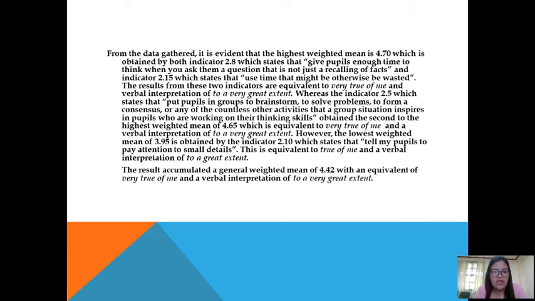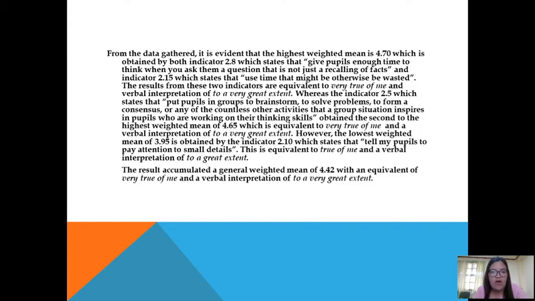From the data gathered, it is evident that the highest weighted mean is 4.70, which is obtained by both indicator 2.8, which indicates that they give pupils enough time to think when you ask them a question that is not just recalling of facts, and indicator 2.15, which states the use of time that might be otherwise wasted. The results from these two indicators are equivalent to very true of me and a verbal interpretation of very